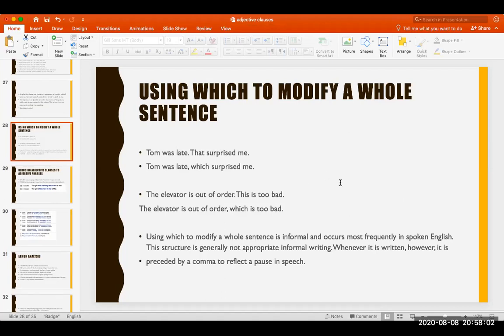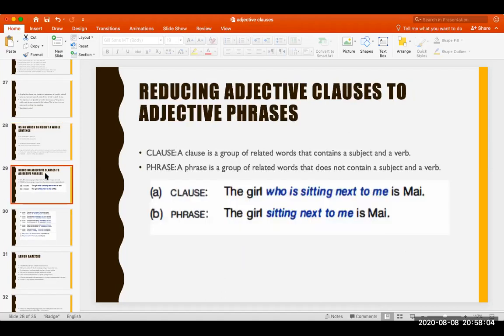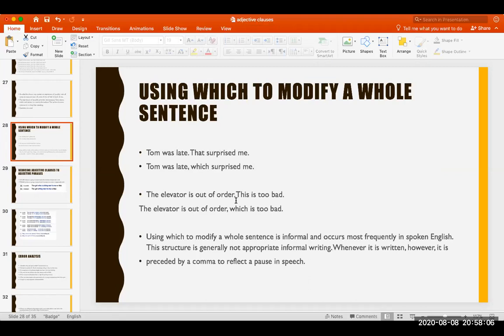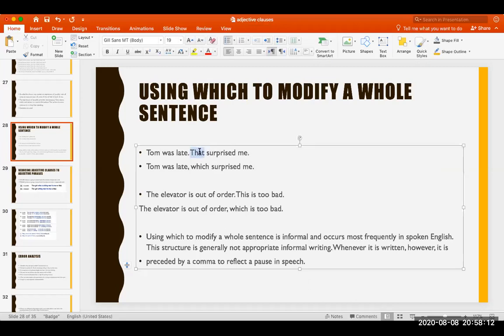Using which to modify a whole sentence. Sometimes we use which and that to modify the whole sentence, to describe the whole sentence. Tom was late. That surprised me. Here, "that" is a pronoun. Tom was late, which surprised me. You use which here to describe not late, not Tom, but the whole idea, the whole clause,